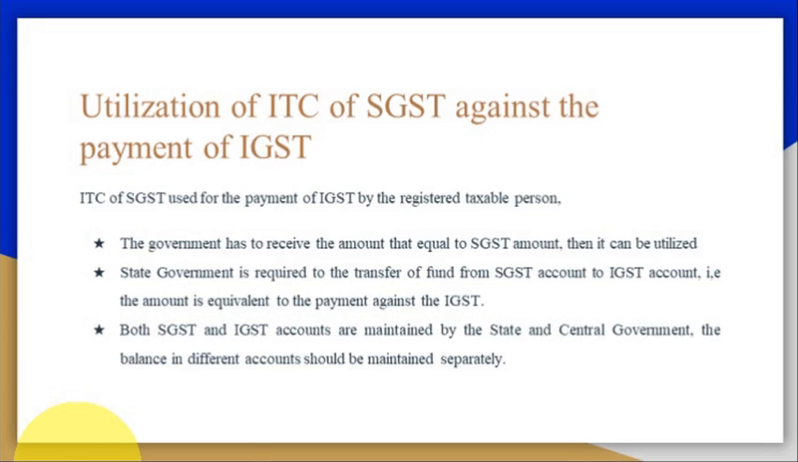Utilization of input tax credit of SGST against the payment of IGST. ITC of SGST is used for the payment of IGST by the registered taxable person. First, the government has to receive the amount equivalent to SGST, then it can be utilized. If there is no amount of SGST, then it won't be utilized. Or if there is an excess amount, then it would be carried forward to the next utilization,